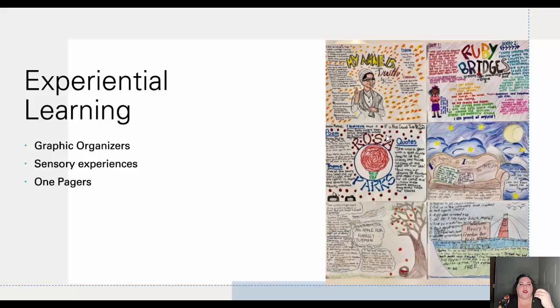This means engaging your learners through their sight, taste, touch, sound, smell, those kinds of things. So providing them with an opportunity to experience your content, whether that be through a graphic organizer or some sort of sensory experience. For example, when I was teaching my students about the nervous system and how olfactory sense and taste